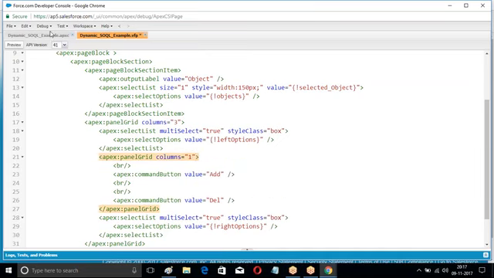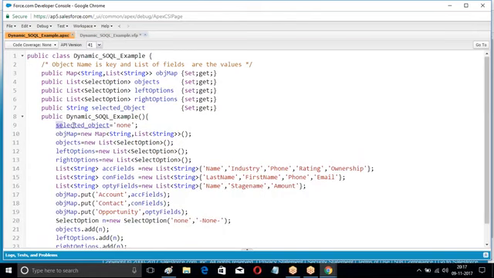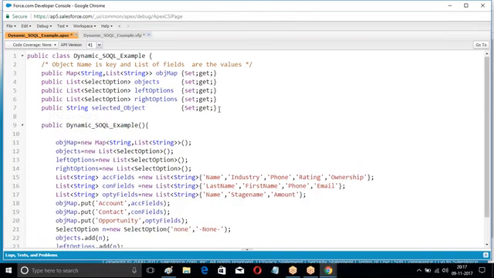To make it simple, I'll give it here. Public boolean flag. So render this when flag equal to